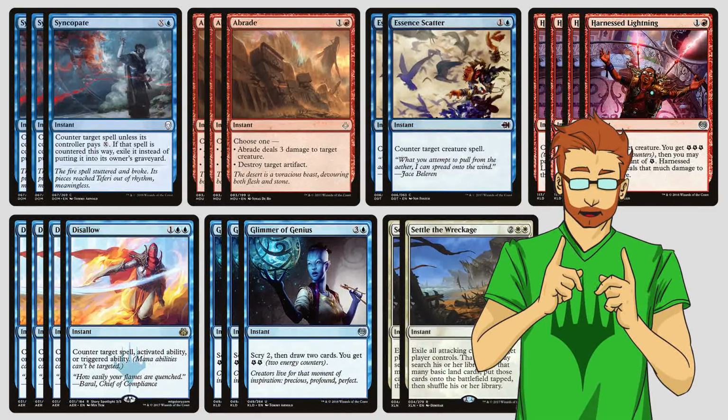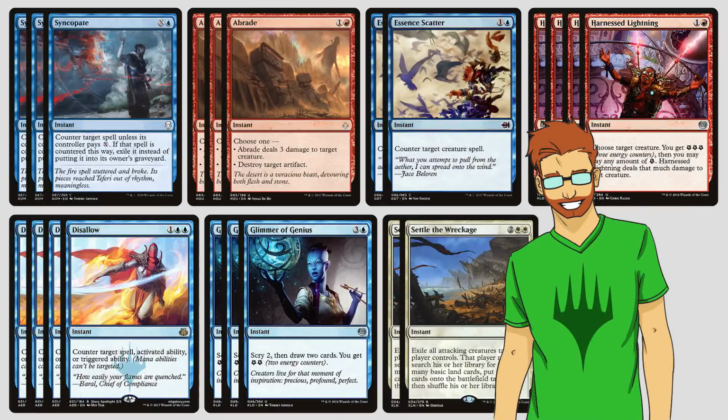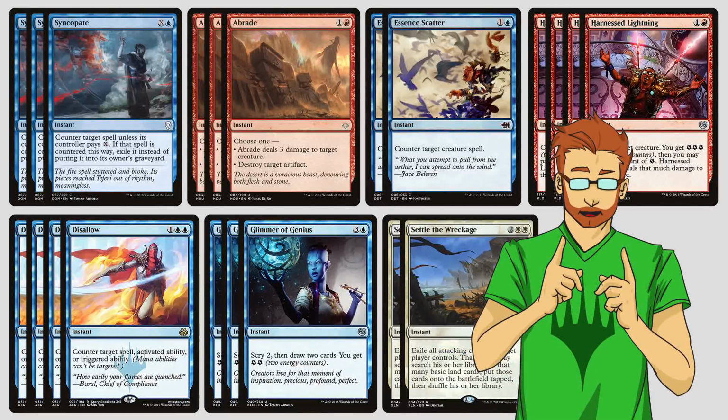Approach of the Second Sun also suffers from this card as well, making sure they do not get the card back into their deck, but also not into their graveyard at all. It's replacing Censor in this list, and I'm glad it is. Abrade, Essence Scatter, and Harness Lightning all show their face here as well, being great creature removal on the field or in casting. Right now, Standard is one of 2 decks, creature focused or control, and in game 1 we